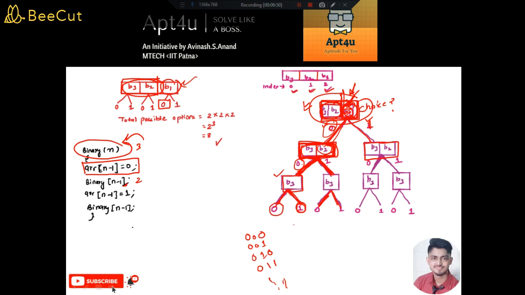Getting the point? Which means you have completed this task, and now you are waiting for the task to be completed on this smaller problem. Or suppose initially I took 0, now I can have another path, that is I can initialize this bit to 1. Once you initialize this bit to 1, you have to complete the remaining task in similar order. So binary, again the same call, binary on the remaining bits, n minus 1, right? I hope you got a brief idea about what is happening. Let us discuss this in more detail.